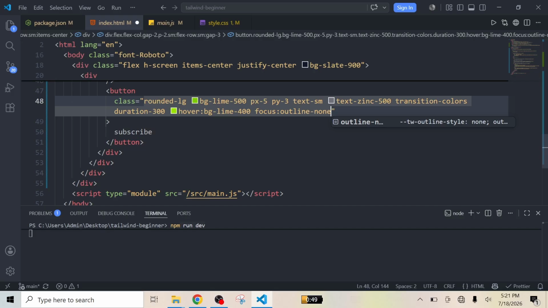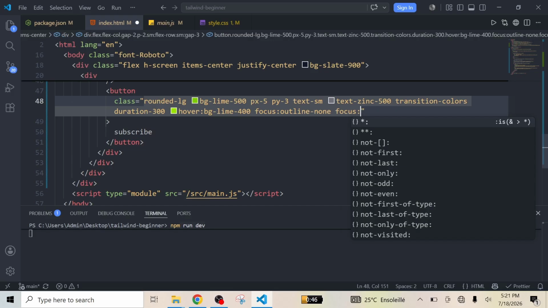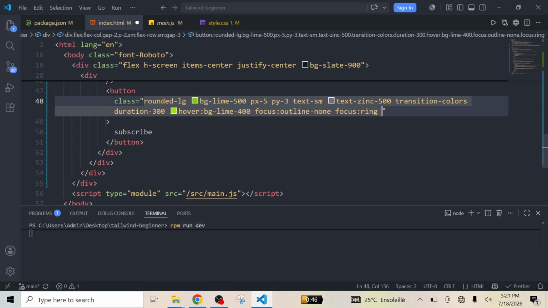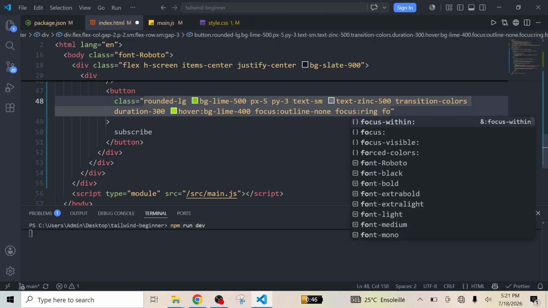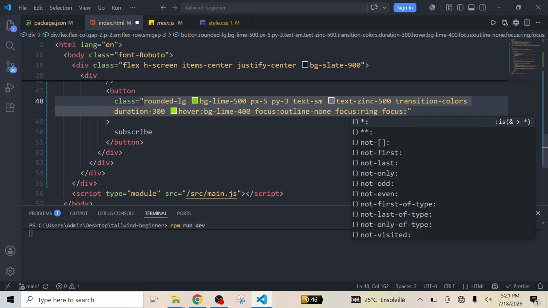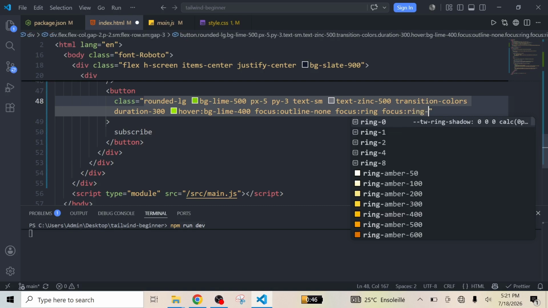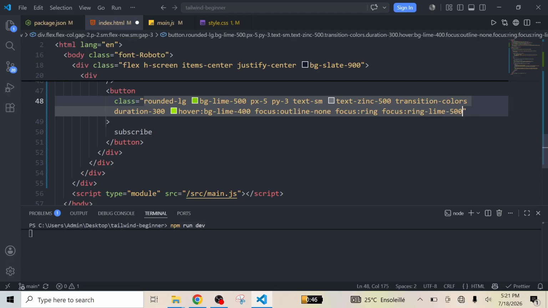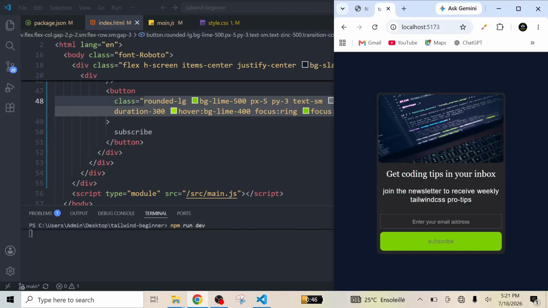And I want on focus the ring of one, or just write the ring. Then the ring color, ring dash lim. Let's say 500. Yes. Then you can see